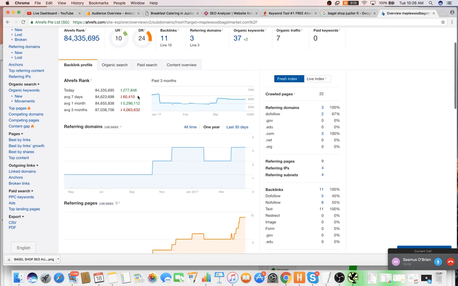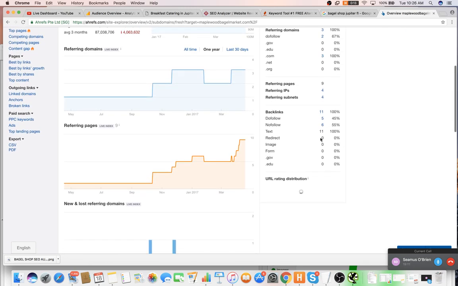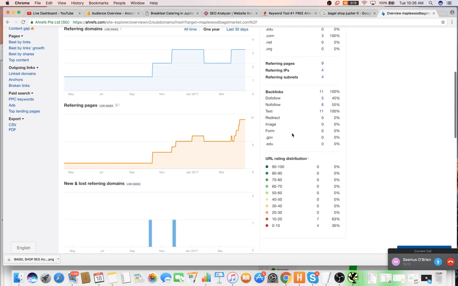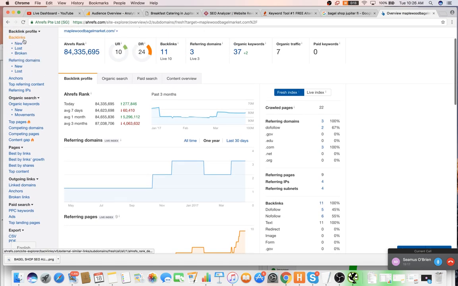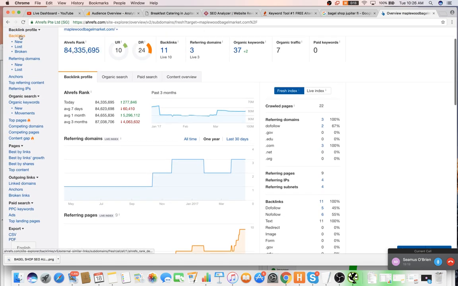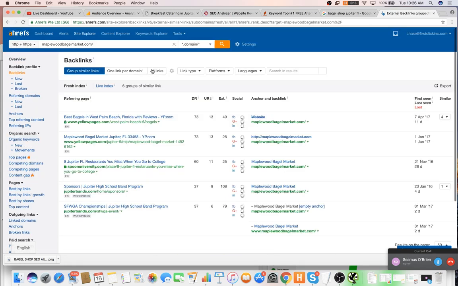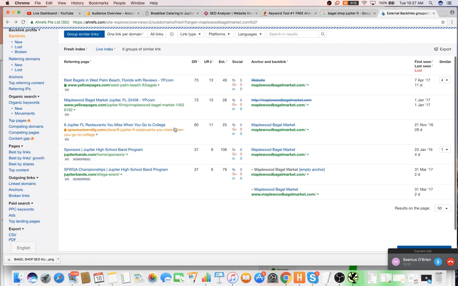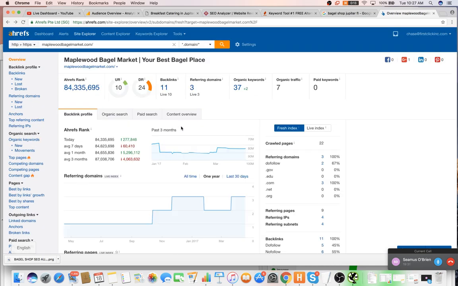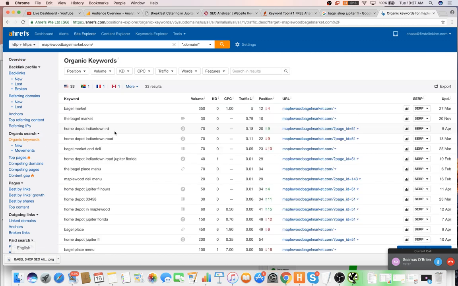One of the things we could do is we could look and see if there's any links that they have that we might be able to grab. And since there's so few, we could just go in there, look at them like this. And it looks like yellow pages, and then it looks like a university, not that much stuff. We're going to look at that in a second with the citations, but that's something that we might want to consider. Not really that big of a deal, but the more important thing is if we go to organic keywords,